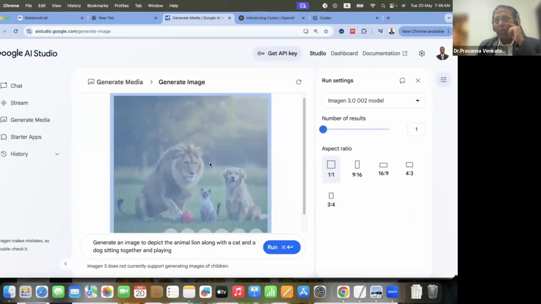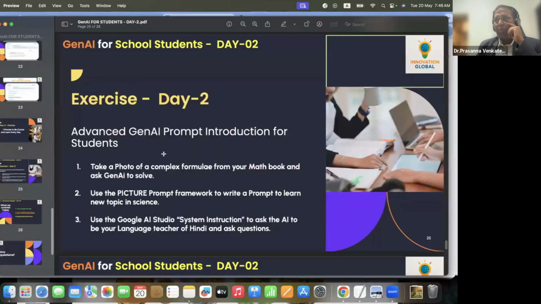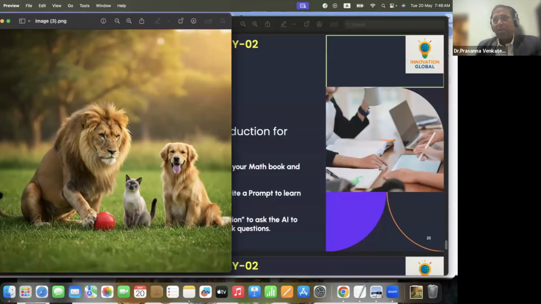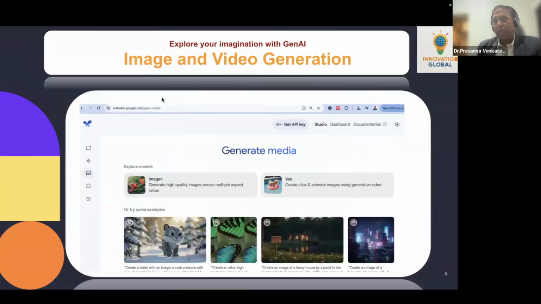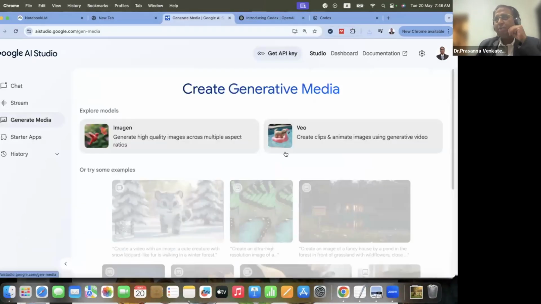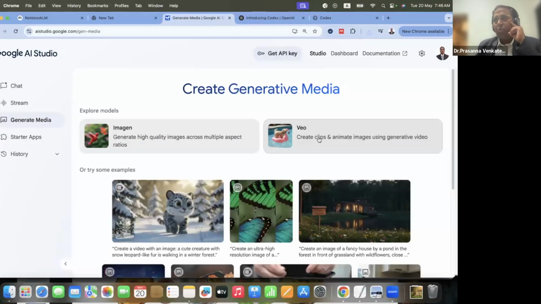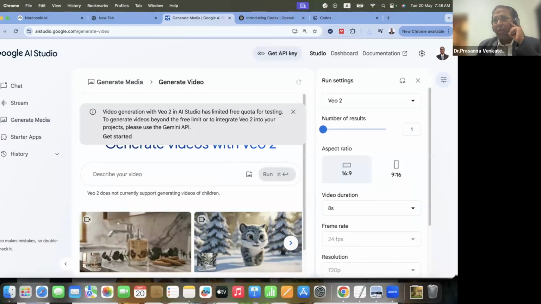And I can download this. You have an option to download it. When you download this, this is the image that you have downloaded, right? So now you have this image downloaded. Now what I'm going to do is go to the generate media. I'm going to go to the VO, and now here